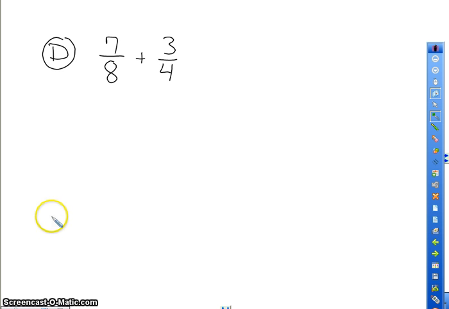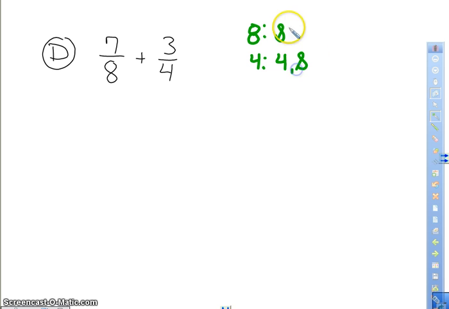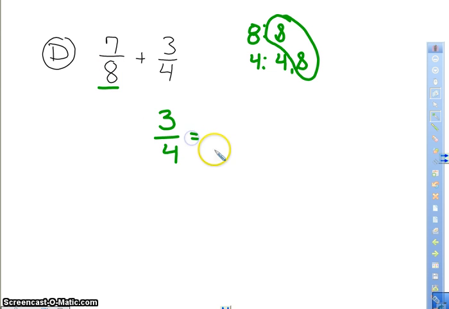7/8 plus 3/4. So once again, I need to find an LCD to rename my fraction. And this one, more than likely, you're going to know right off the top of your head that the LCD is 8. Okay, so 7/8 stays the same. 3/4 I'm going to go ahead and rename with 8 as the denominator. So 4 times 2 is 8. Therefore, I'm going to take 3 times 2, which is 6. So I have 7/8